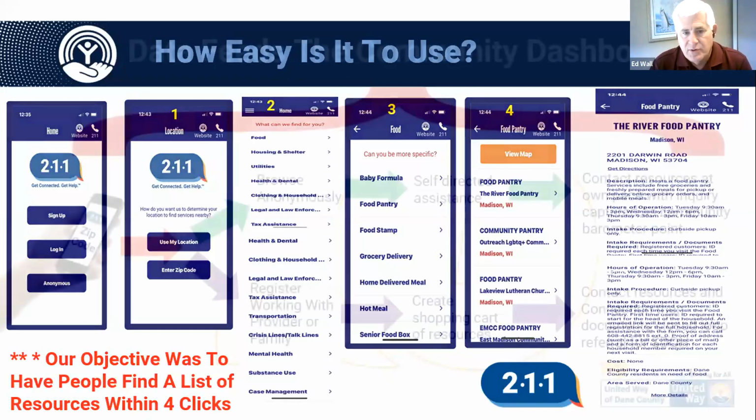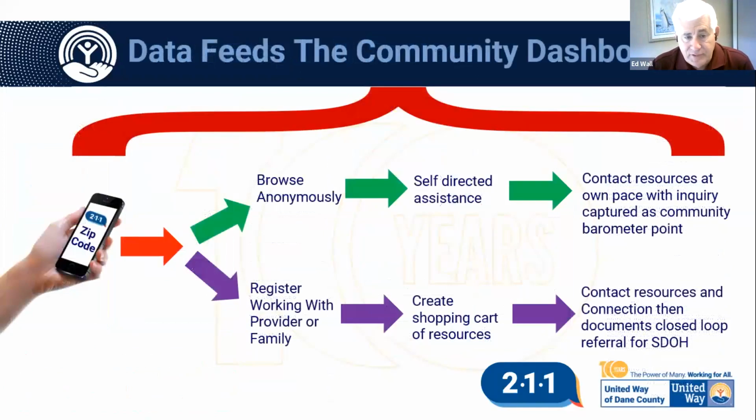But there's 2 different ways that we're going to have it so you can enter the app. You can browse anonymously, as people do now when they call, or if you register, you're working with a healthcare provider, a family, or whatever, they can then create a shopping cart or a favorites list of resources that they use routinely, so that they can just bring their phone up, open up their shopping cart, pick a resource, and it's going to tell them how far away they are. And you can even bring up the mapping feature to show you how to get there. So we wanted to have those 2 different, it's kind of a bifurcated entry,